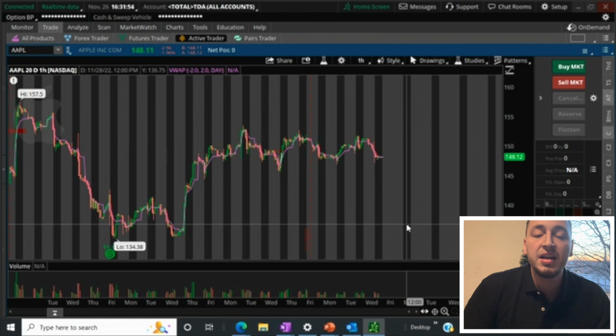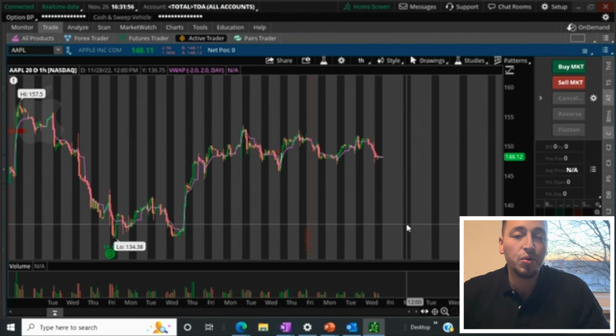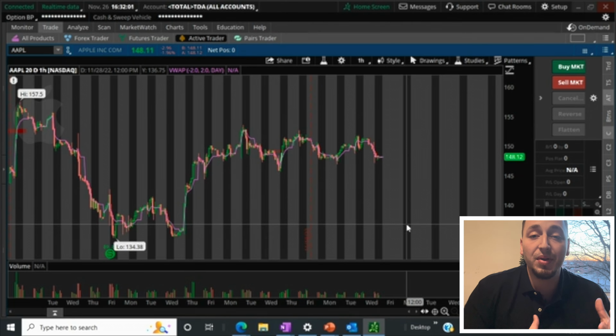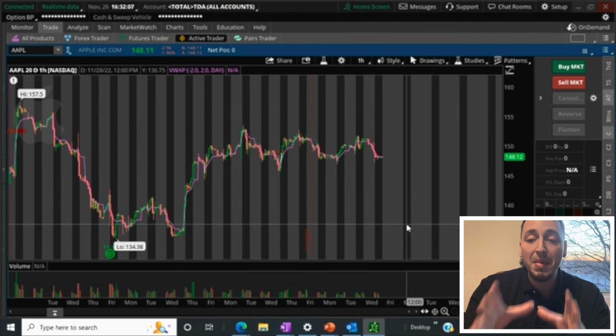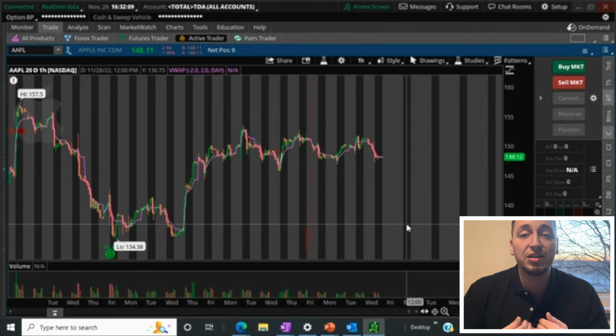Now, the way to do that is by using price and volume analysis, by using technical analysis, by using any edge we got. So in the presentation we just went through, we broke down price and volume analysis, right? We broke down how to draw supply and demand zones, right? And now I'm going to show you how to do it on the Thinkorswim platform, right? Because this is our main platform that we use as traders, especially if you're part of the high performance trading